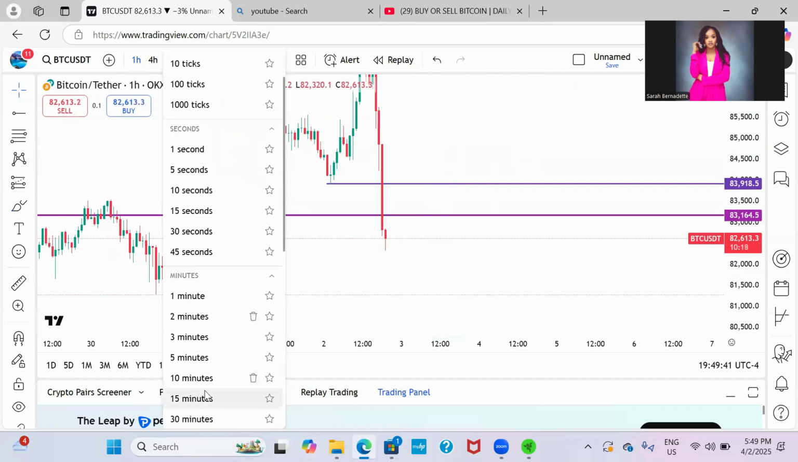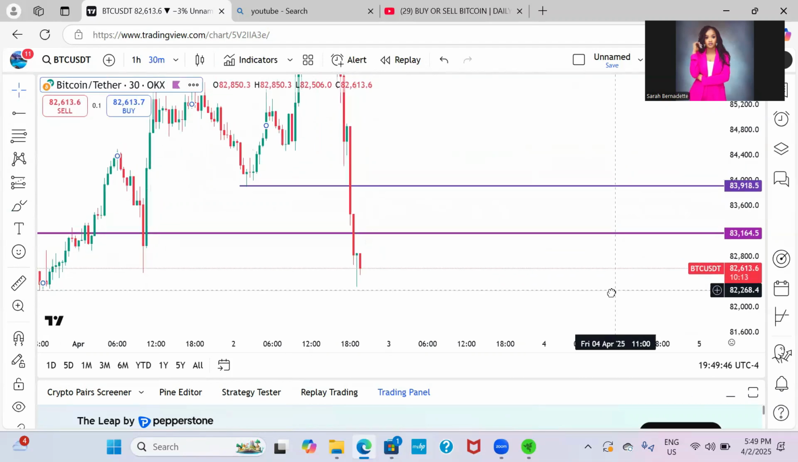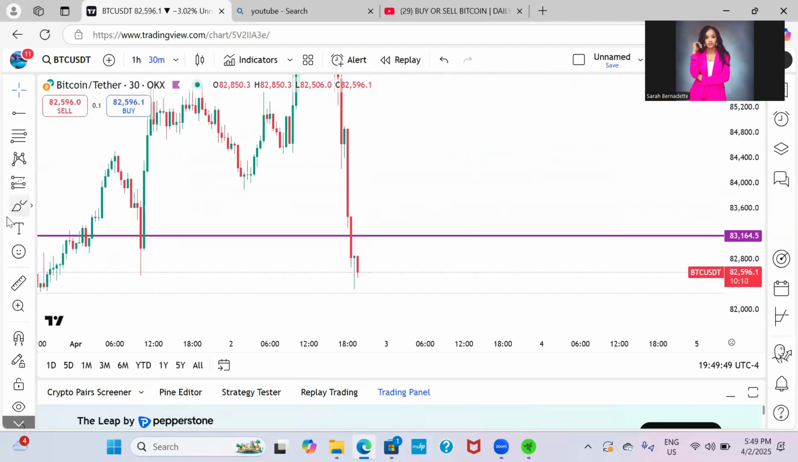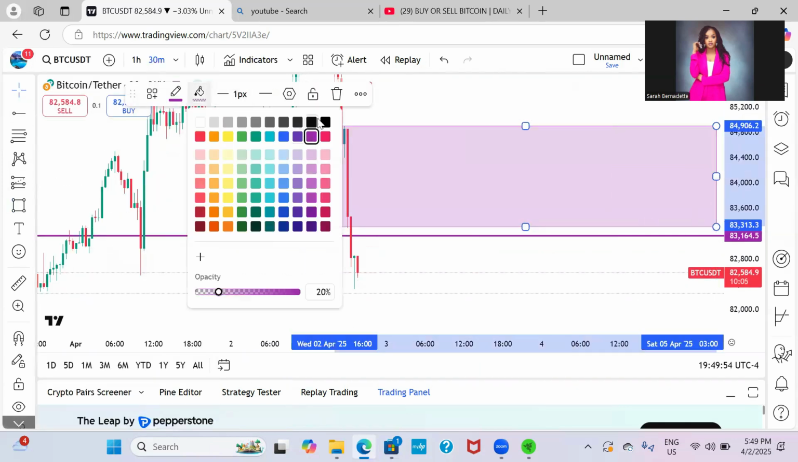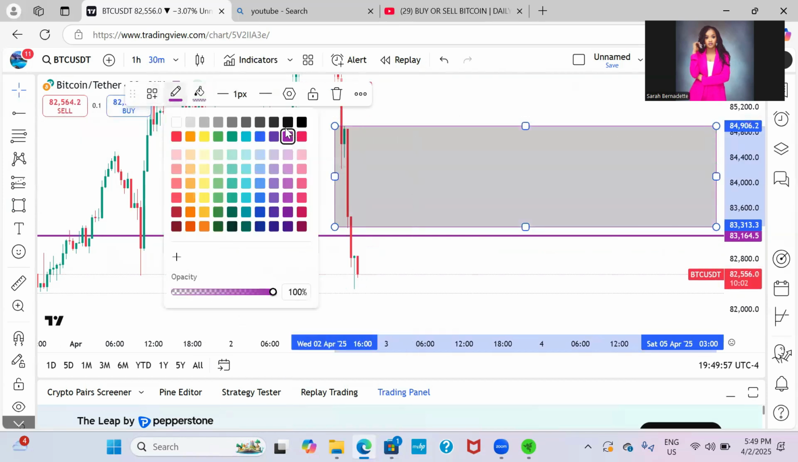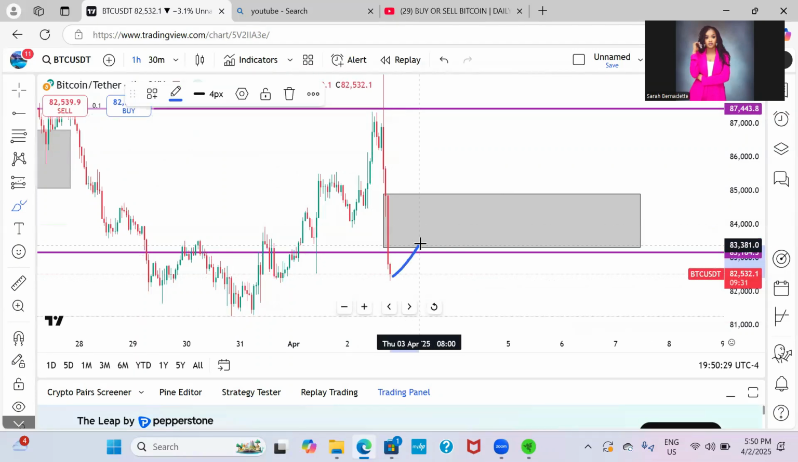I'm going to check the 30 minutes to see if there's anything there. Okay, on the 30 minute, I actually see something here. Let me make this gray. This is going to be the area where you want to look for a sell, starting from 84,850 down to 83,300. This is a good area that I believe Bitcoin could pull back up to,